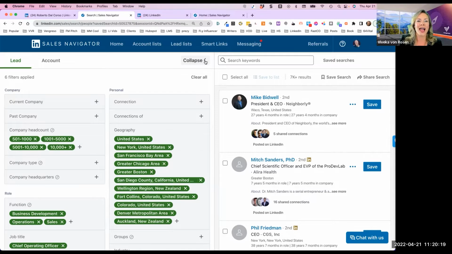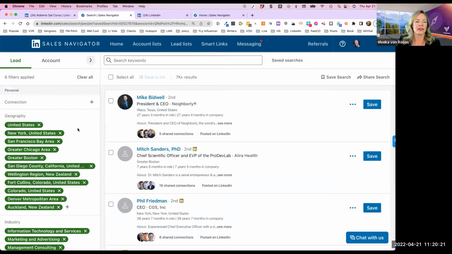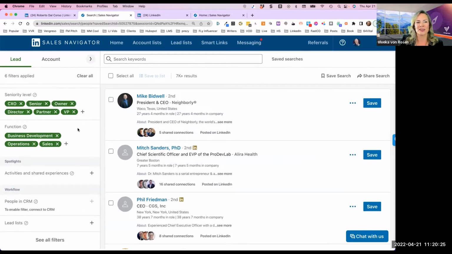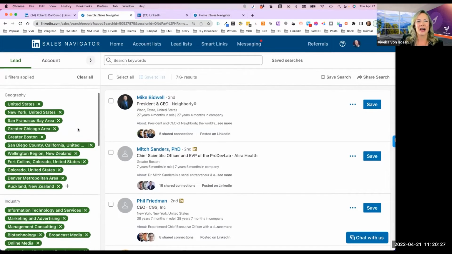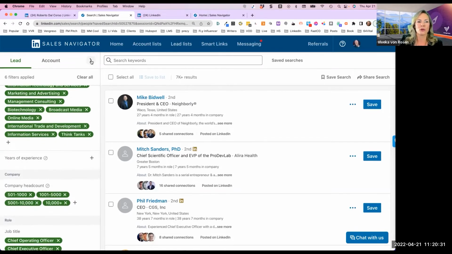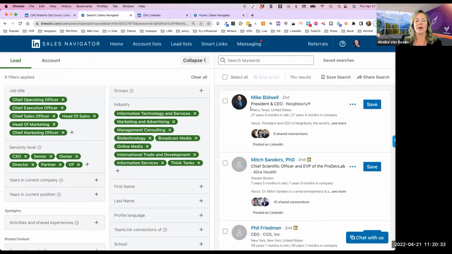Now you can collapse your filters. It'll show kind of the most important ones on the left-hand side. And then you can continue to manipulate your search that way, or you can expand it. But I love the fact that we have just-in-time search results. Your search results are all on the page, and then you can manipulate them however you want. So if I went up here and went,